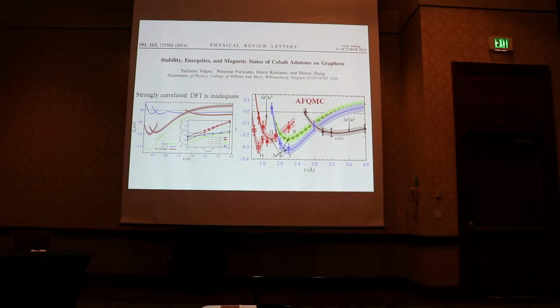In fact, this can also be seen in these potential energy curves for the hollow site. The quantum Monte Carlo, so-called exact result, we believe, is given here with the gray shaded error bar. The green curve is GGA, and the blue curve is LDA plus U with U equals 4. And the inset shows different LDA plus U calculations with different values of U. You can get it to agree for some absorption sites, but not for them all. So this is just an illustration to point out that we're still working to get more accurate